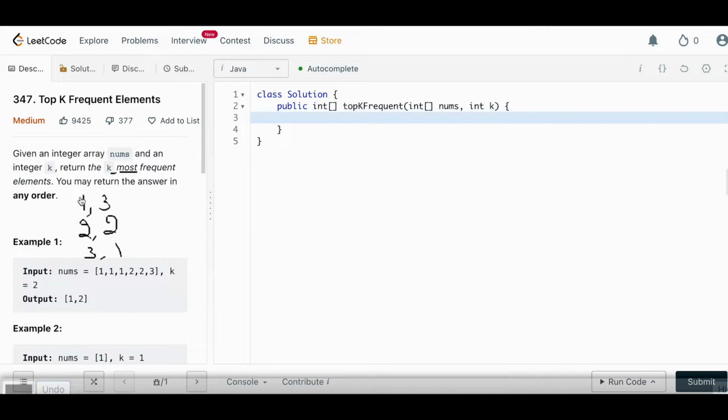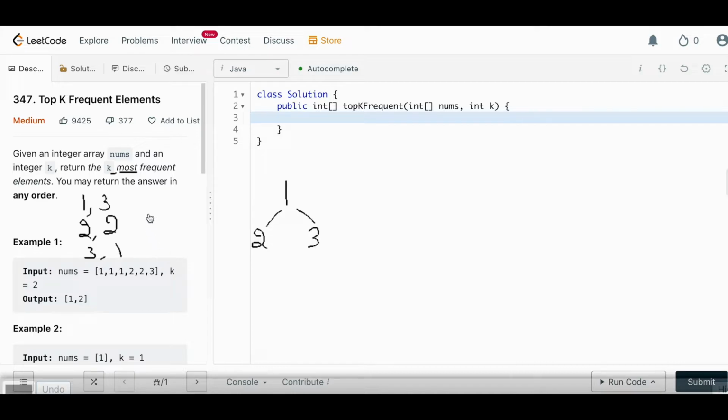First we'll loop through all the keys of the map. In this case, the keys are these left values, which are basically 1, 2, 3. We'll first insert the first key in the heap, so it will become 1. Then we'll insert the second value, which is 2. In a min heap, the parent element is always smaller than both children, so 2 will come here. And the third key is 3, so we will insert 3 into the heap, so 3 will come here. Remember, this is a min heap.